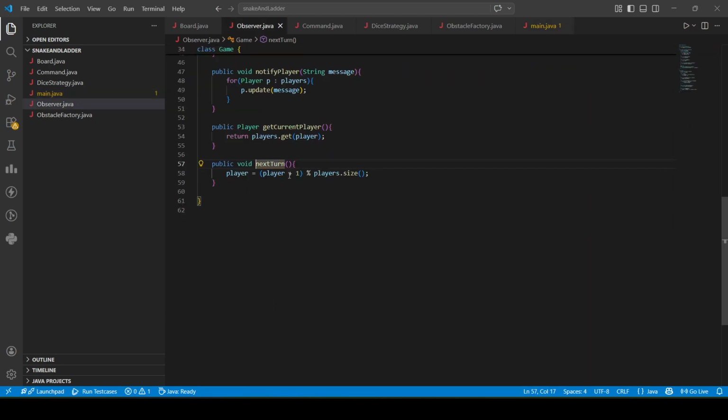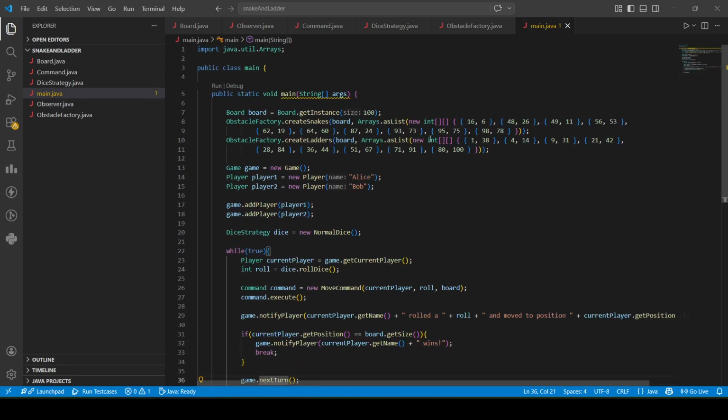So next turn will add the player plus one, and we'll check that it should not exceed the player size. So that's all in this